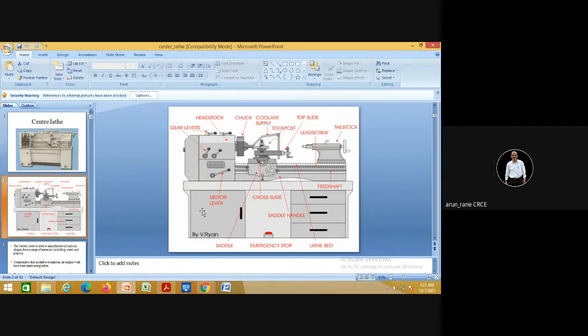Now, as I told you, there is a motor here. From the motor, the drive goes to the headstock. And then from the headstock, the drive goes to the spindle, and as well as it goes to the feed shaft. And there is a mechanism to engage this feed shaft